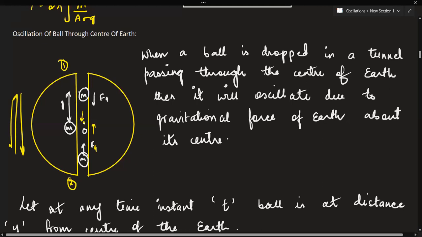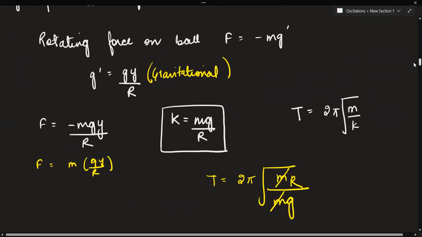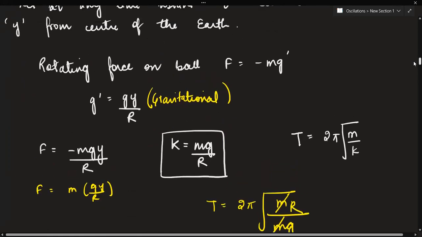The ball of mass m keeps on oscillating because of the gravitational forces of the earth that act about its center. That's why we say if a tunnel is dug through the center of the earth, a ball also oscillates or exhibits SHM, simple harmonic motion. So see, the value of the constant that you get over here is K equal to mg divided by R. Now regarding g, this can be written as gy by capital R, where